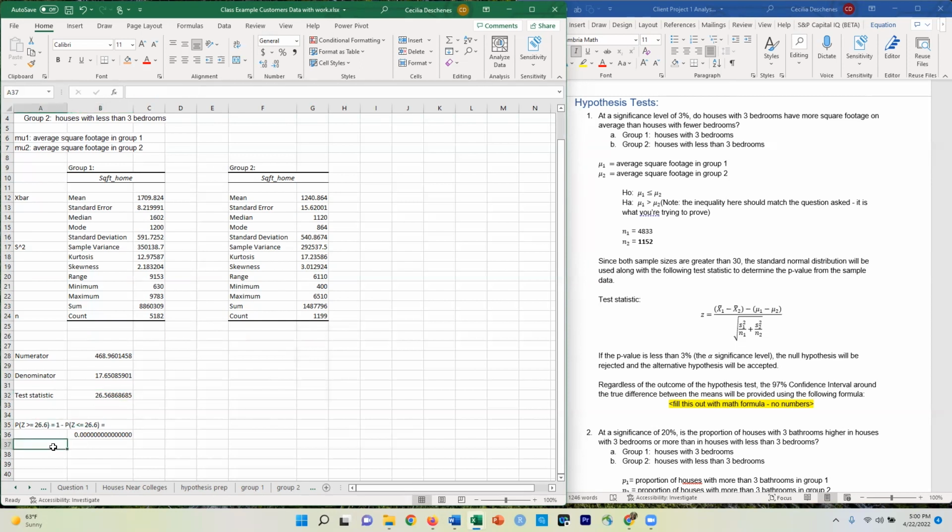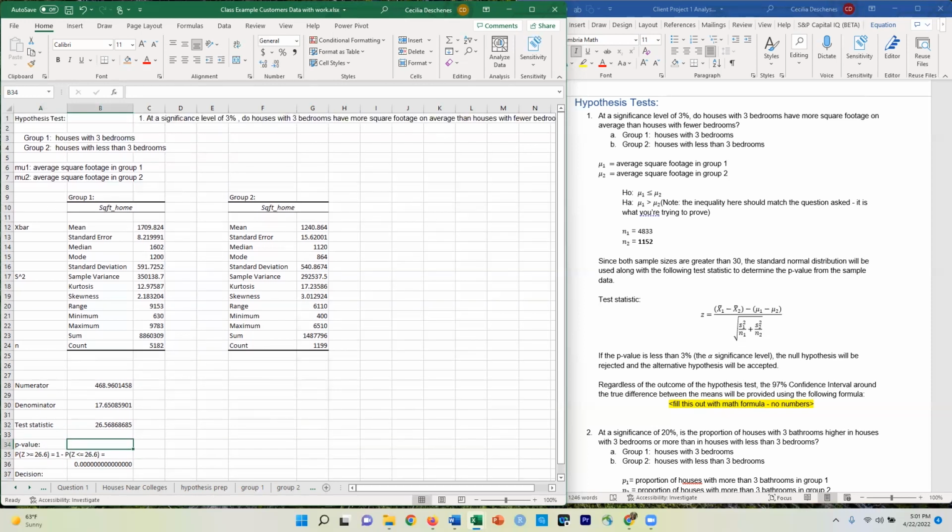So then you want to make your decision. Your decision, remember, would be: if the p-value, so this is the p-value, I should have probably written that, I'll write it in a second. So if that p-value is less than the alpha, oh, we need to write the alpha too. Okay, let's stop this and make sure we put all that in here. First of all, let's call this the p-value. And let's go up here and state the alpha at the beginning. So we'll state here alpha, and it's 5%,